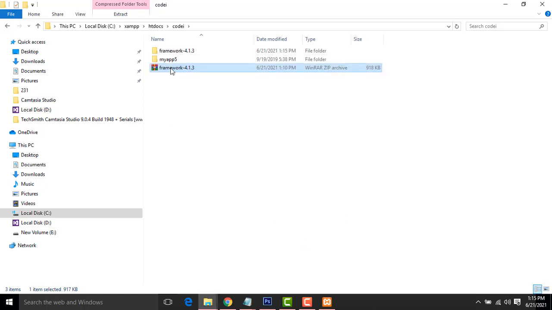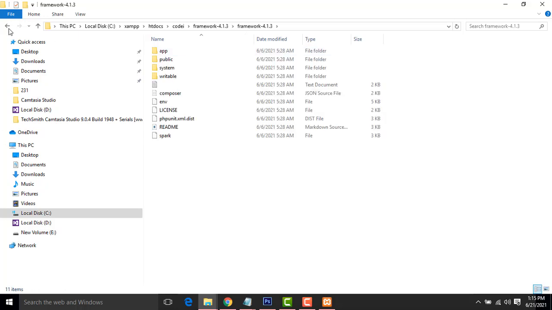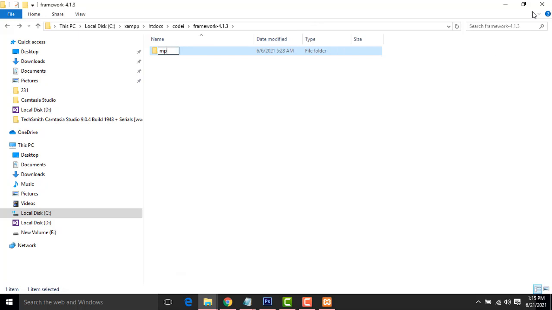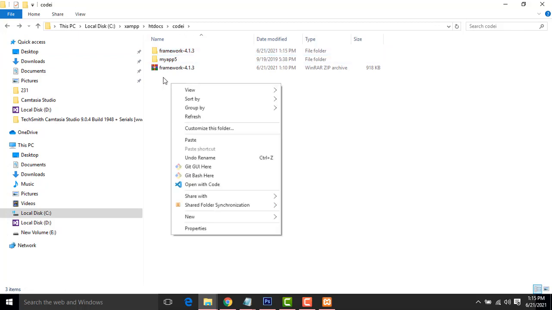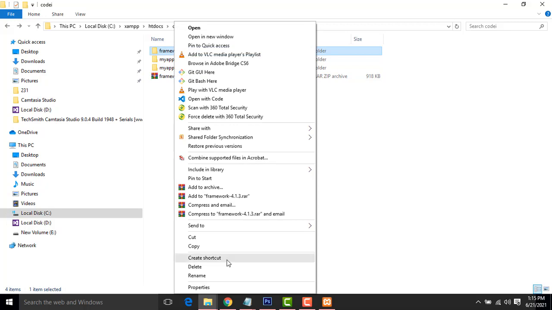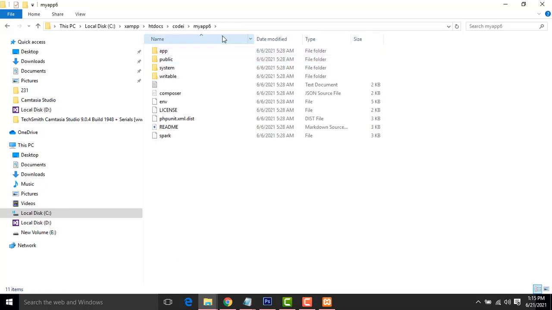Right. Now here, don't rename it here. Okay, you double click and inside this folder you have to get here. Okay, so here I am going to name it as my app 6. Okay, I just cut this one and get here. Okay, right. So this one I don't need. I just delete them. Right. Now this is your coordinator 4 project.